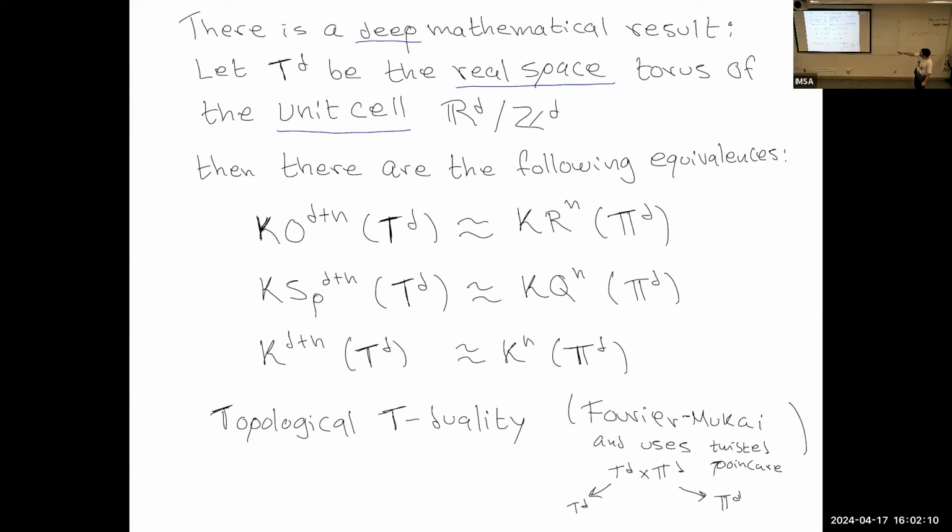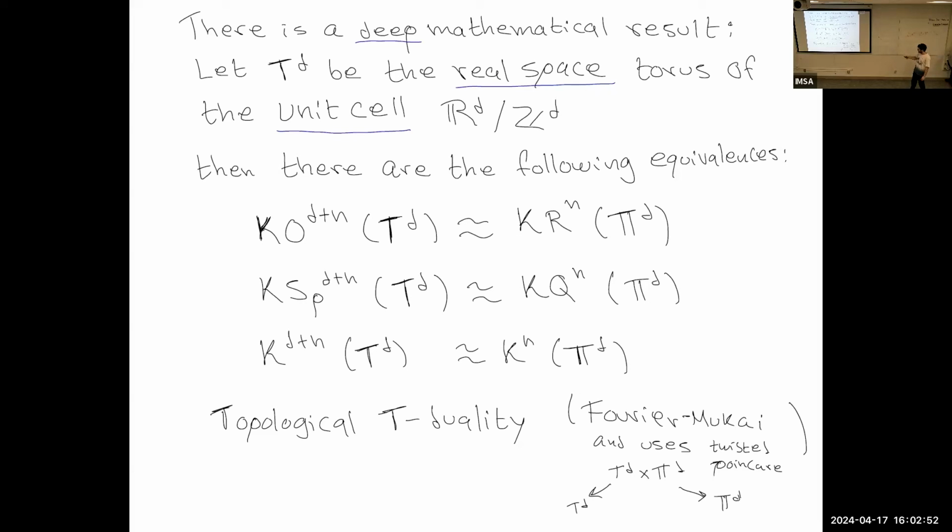Now, this is very important because this torus here is the real space torus, and here, for example, you have KR theory, and computing KR theory, you get something complicated because this has fixed points, right? So you have to take into account the fixed points. But here you have what is known as KO theory, and this has no fixed points at all. The only thing you did was raise the degree, and you raise it precisely by b, right? The same is true for quaternionic K theory, which is the one that appears when time reversal squares to -1, and it's true even in the complex case. So this is a very non-trivial result.